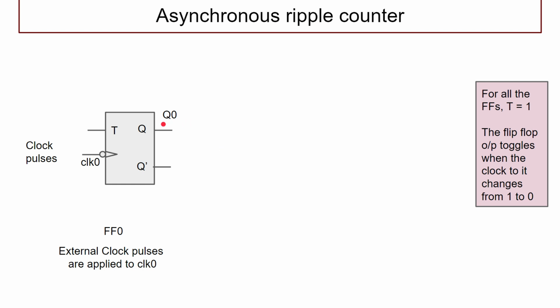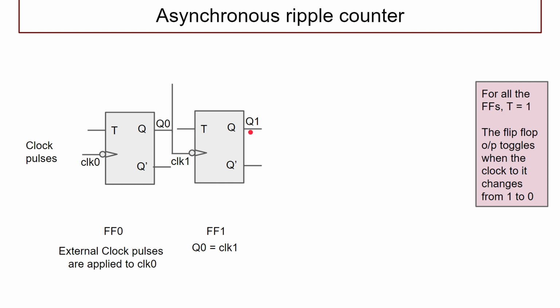For the generation of Q0, that is, to make Q0 toggle for every clock pulse, we make the T value of the flip flop equal to 1, and then we apply the external clock pulse. So, whenever the clock pulse is changing from 1 to 0, the flip flop will toggle, and therefore, Q0 will be shifting between 1 and 0 for every clock pulse. And then